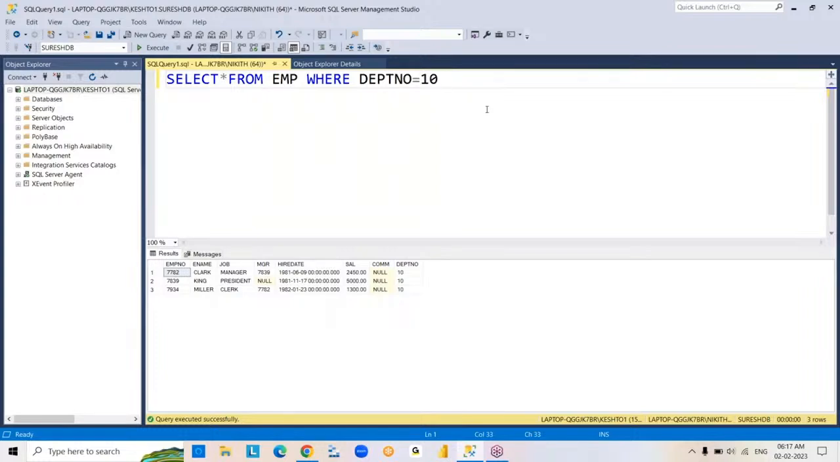Coming to data, rows, you're writing condition, where condition. So your writing condition means what happens, it retrieves only condition satisfied data. Okay. Now,